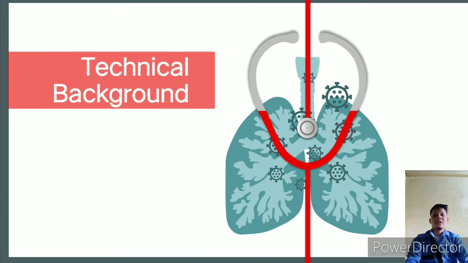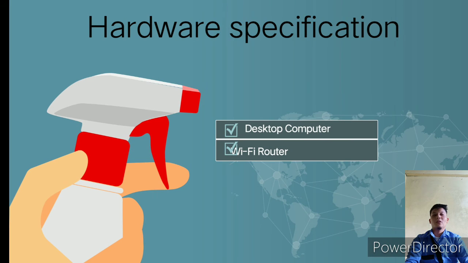And the technical hardware specification. The hardware specification requires the following features below to run the system. The first is the computer desktop and Wi-Fi router. A high-end computer is needed in the development since the proposed system will be developed with a machine. The Wi-Fi router is needed since the system will need it to connect to the internet. The following are the hardware and software that are needed to develop and run the system.